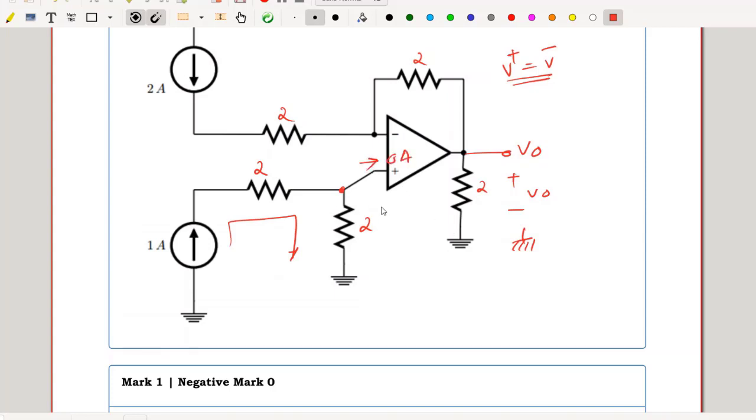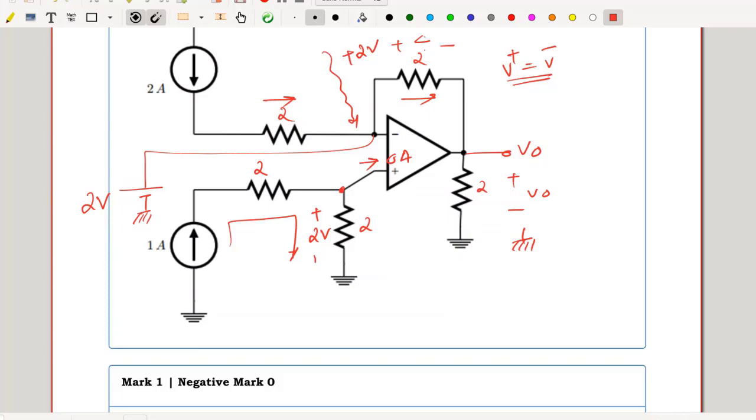So the voltage across this 2 ohm resistor is 2 multiplied by 1, that is 2 volts. I am expecting my V minus also to be positive 2 volts. That implies with respect to ground, I will have 2 volts at my V minus. 2 ampere current flows through this, 2 ampere flows through this, and it develops a voltage of 4 volts in the given